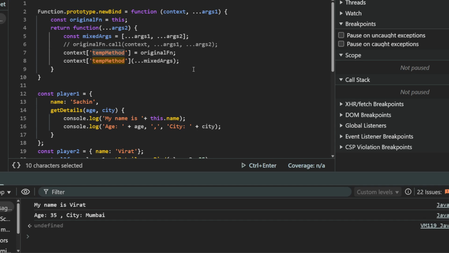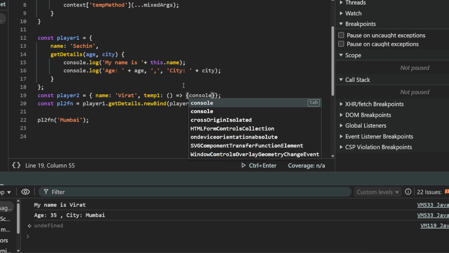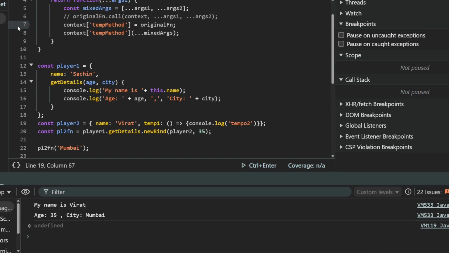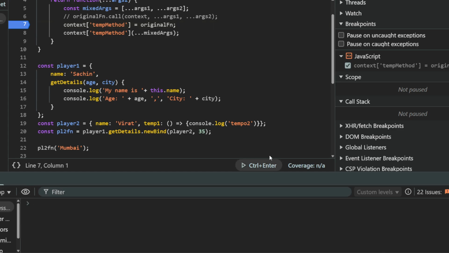Are you getting me? Because let me test this. You will get why I'm telling you. So let's say we have one method called temp1, which is one function, right? And let's do console.log temp2. Okay, now if I put a breakpoint here, let me save it and let me put a breakpoint here at the context. Now if I run it,